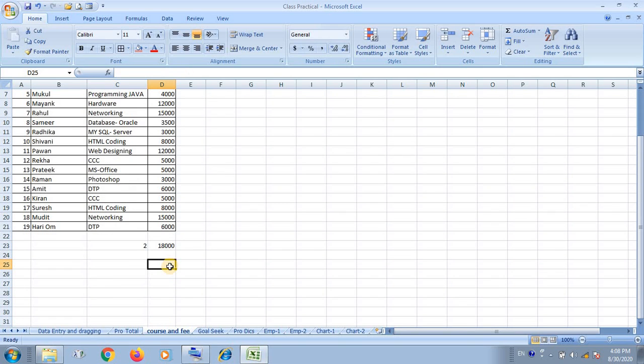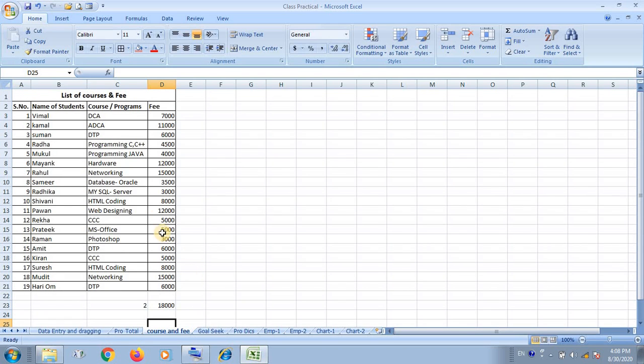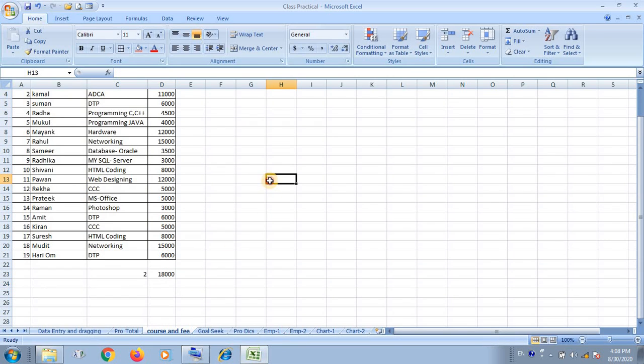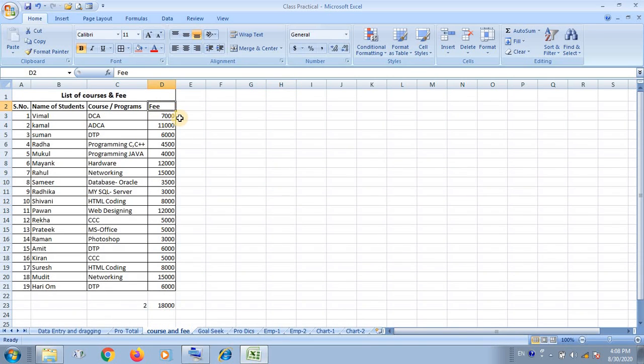Now come to the next, that is database calculation. Suppose I want to give the condition from a field and calculate only that field, then we have to define the criteria like this.